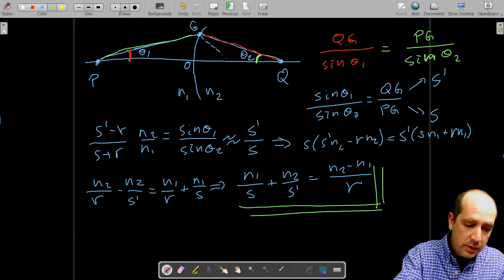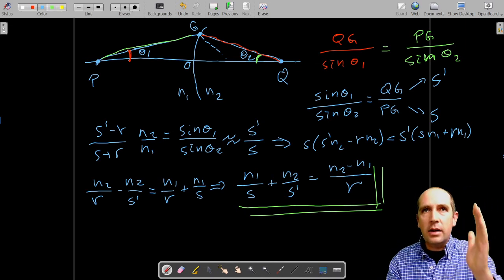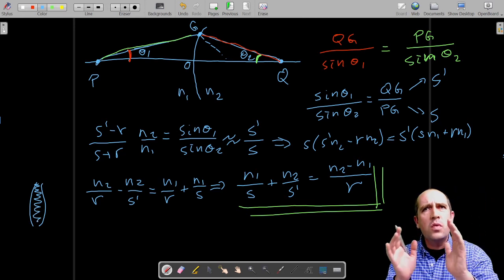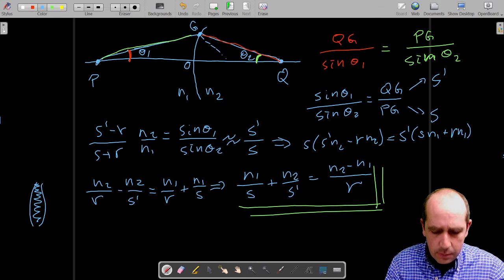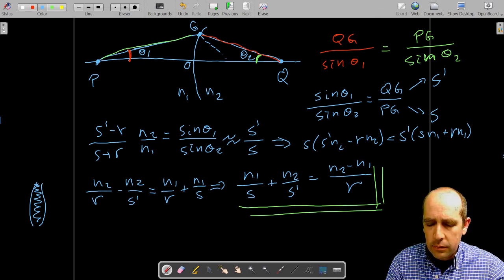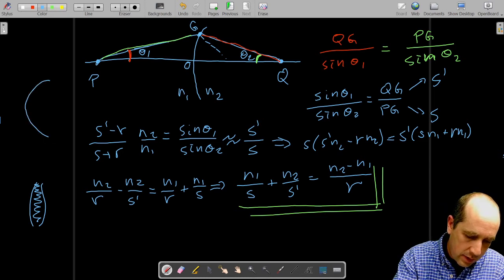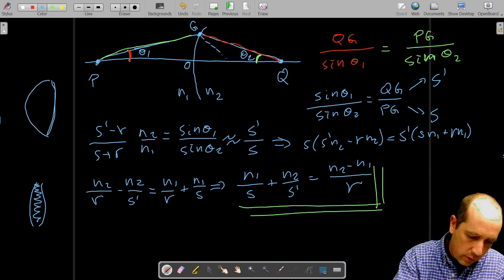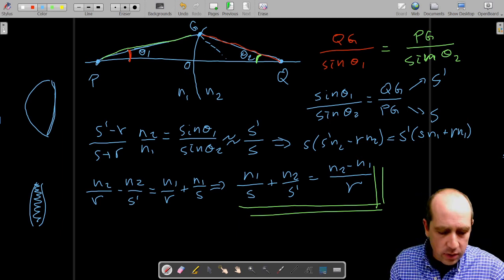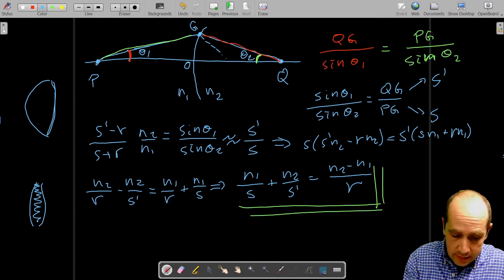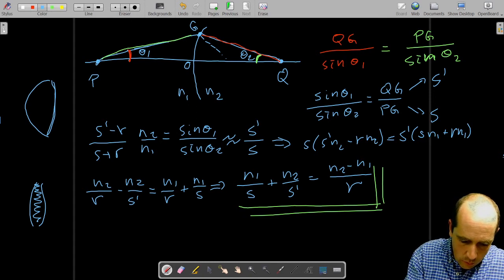So what happens if instead of having just one refracting curved surface, you have actually two? For example, something that looks like that. So you have a lens that has two curved surfaces, each one with its own curvature. So the radius of the two surfaces don't need to be the same. So you could have a very curved surface on one side and a very flat surface on the other, but still with a little bit of curvature. Anyway, I will give you the result, and the result is that 1 over s